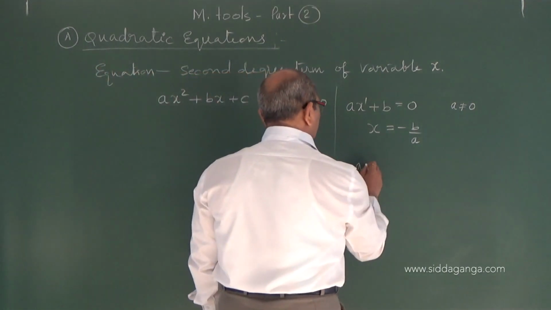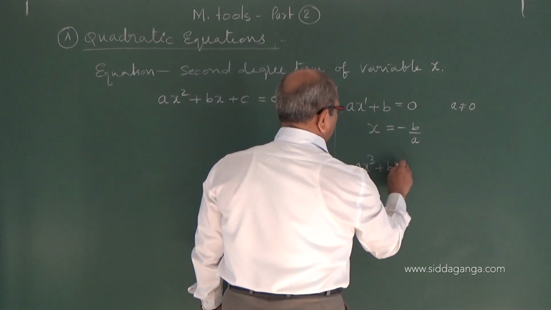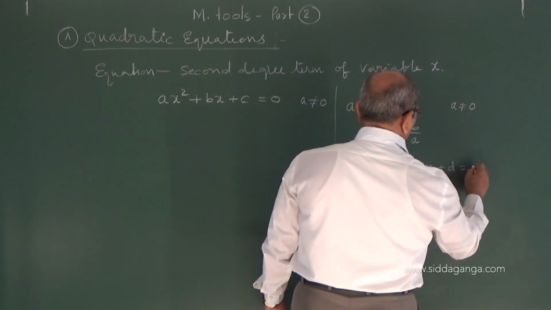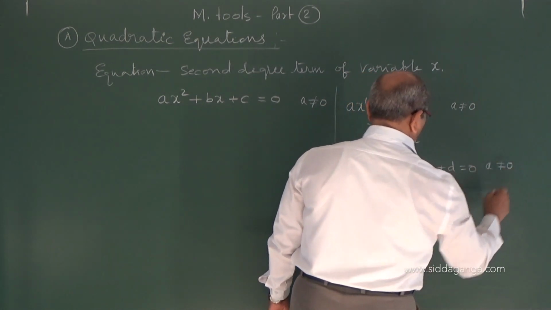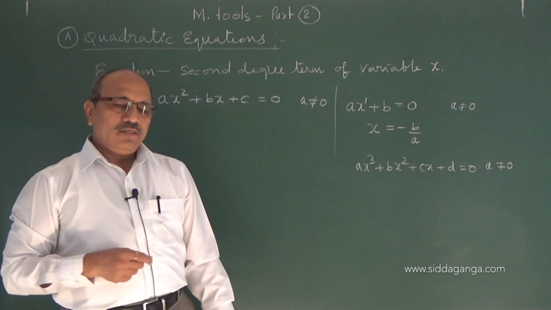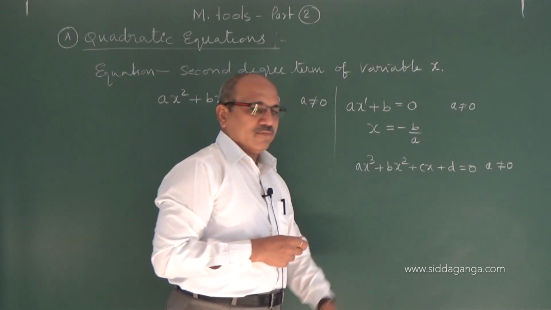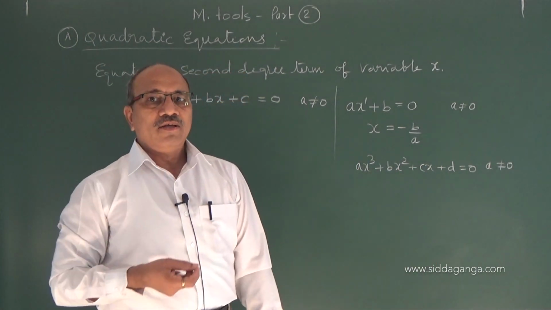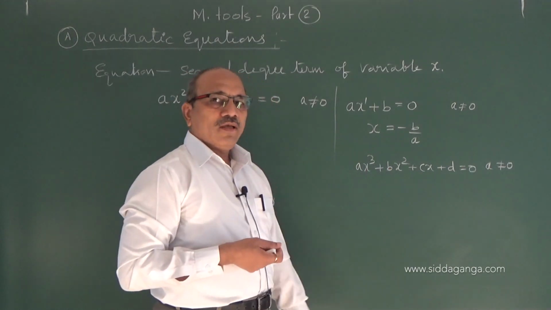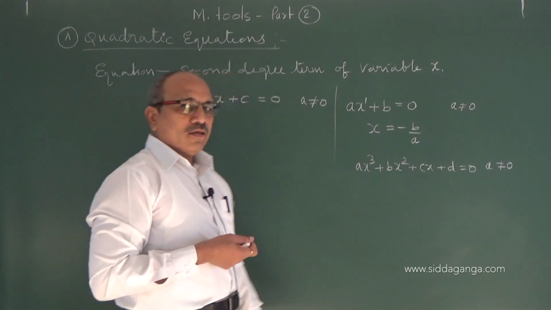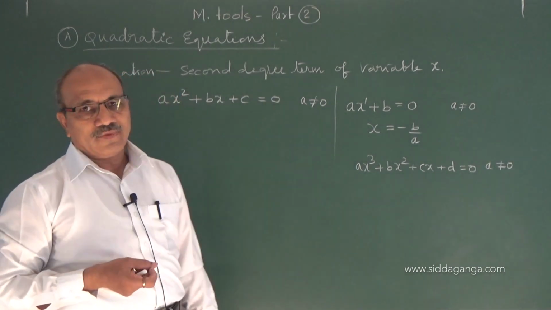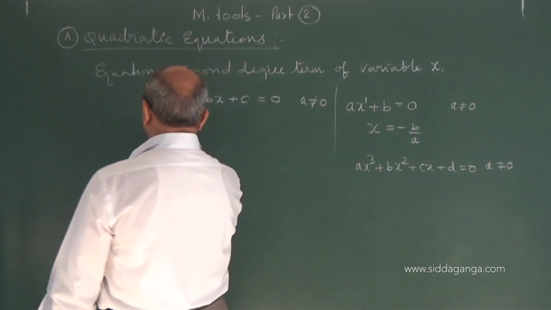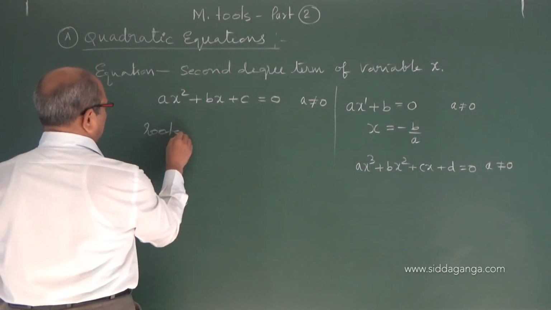Suppose you have an equation like ax cube plus bx square plus cx plus d equal to 0, with a again not 0. It has a term with power 3, so it has 3 possible values of x. The variable can be assigned a maximum of 3 values. Here it is 1 value, and here it may be assigned 2 values. The possible values of x in mathematics language are called roots.